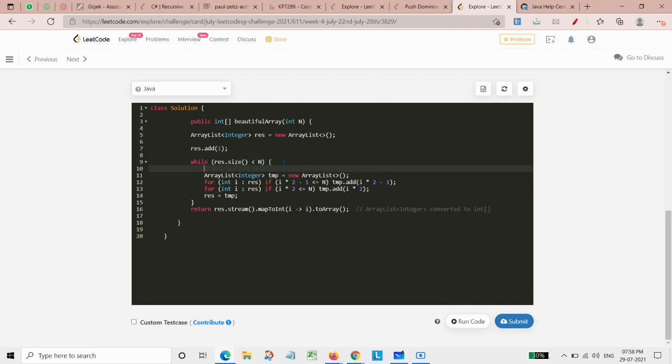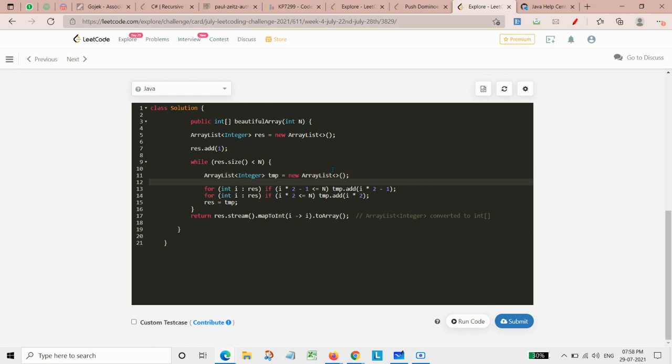and as long as the size is less than n, again we need a temporary array list in this, and after that we will first put all the odd elements into a temporary array list, and here we are putting all the even elements in a temporary array list.